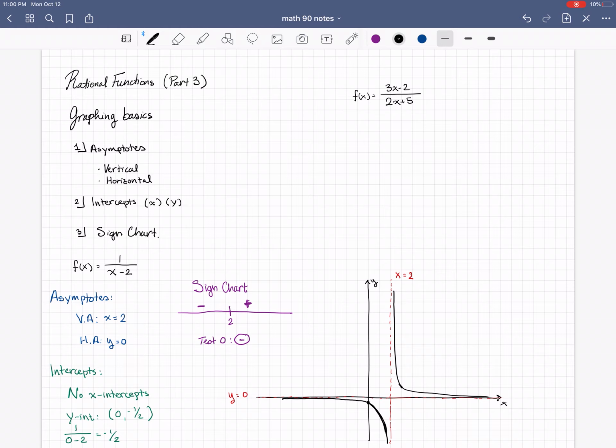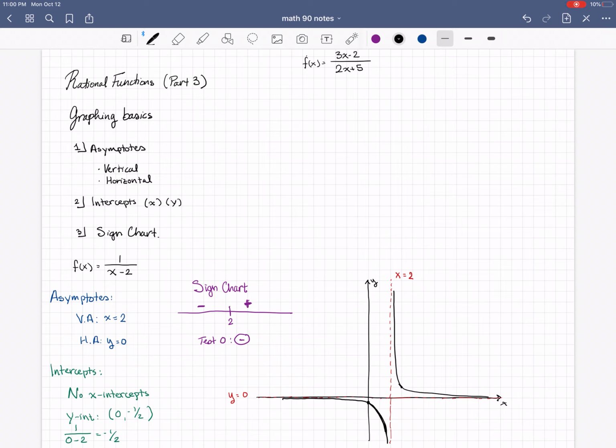So let me actually move this up a little bit so I have all the room that I need. I'm going to move this up here. Okay? So, here. There. I'll move it like so. Okay, so